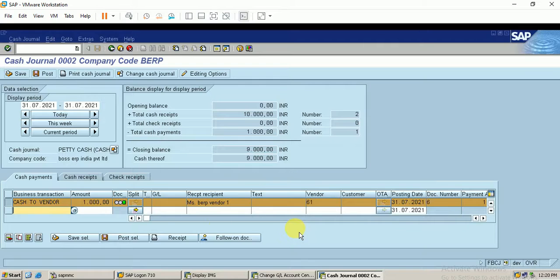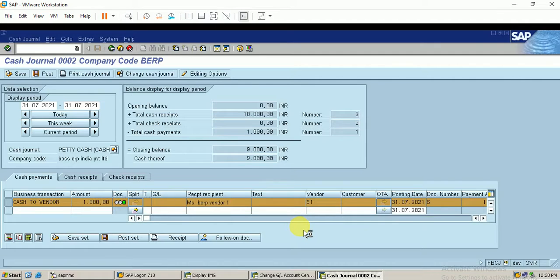Okay, it got posted. You can see here the closing balance is 9,000. The document number for this transaction is 6. I select this and click on follow-on documents so that our accounting document will be shown here.